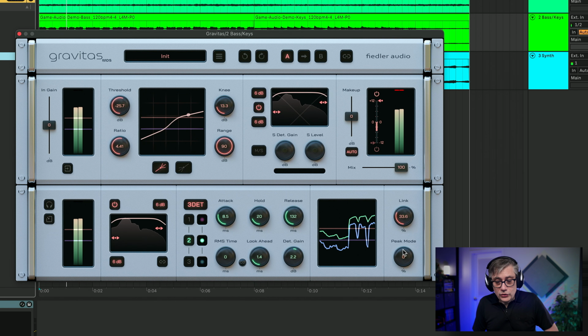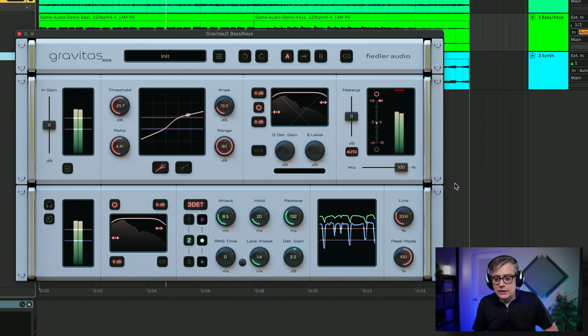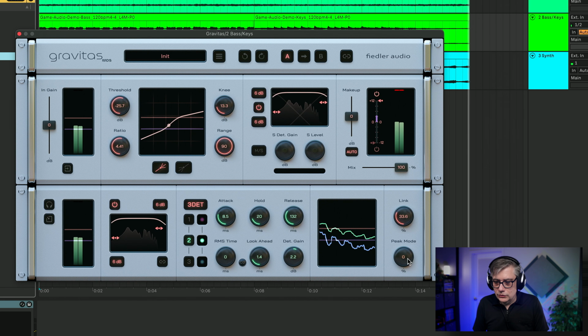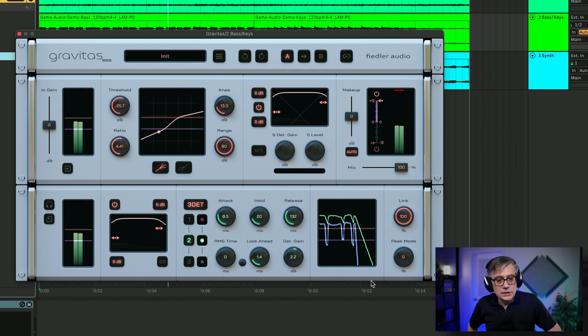And the way this is going to affect it can be set with the peak mode, and the peak mode essentially allows us to choose whether or not it is the average signal that is going to be selected. So in this particular case, if I'm setting that to 0, that essentially means that the average is going to have an effect on the compression, or I can increase that, which essentially means if I set that to 100%, it means that only the peak signal is going to affect the compressor. And if I set it to -100, then essentially it means that the lowest signal is going to affect the compressor. So there are a lot of different options that we have here, and there are a lot of settings that we can do. So this is actually a fairly unique compressor that pretty much does it all.